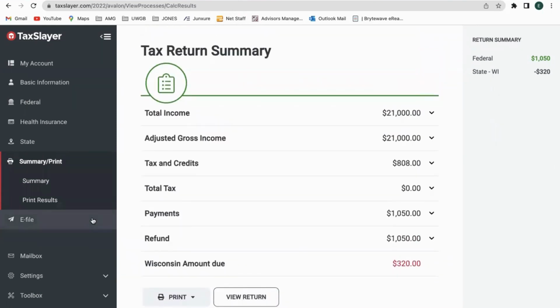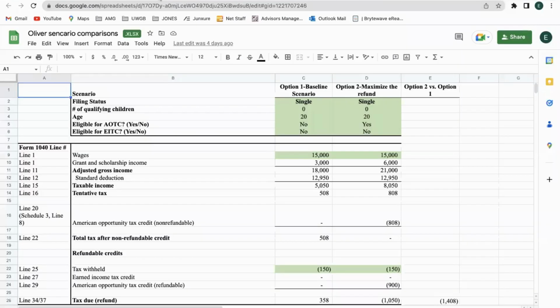This is definitely what I recommend, is taking that AOTC credit if you qualify. Definitely take advantage of it. Otherwise, you will be missing out on a huge refund. Here we have a spreadsheet of just comparing the two scenarios of not taking the AOTC credit versus taking it. As you can see here, taking the AOTC credit,